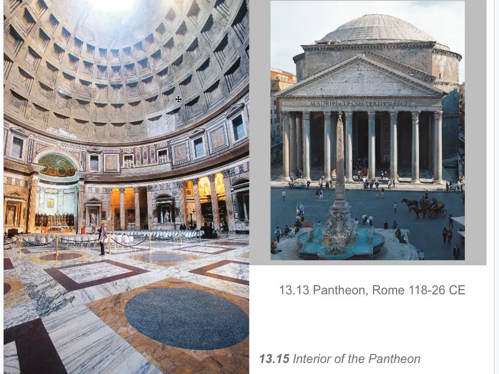The ceiling is coffered, ornamented with recessed rectangles, and as I told you, coffers lessen the weight, only about 2 feet thick at its highest point. The dome increases dramatically in thickness towards the base as a series of step rings appear on the outer surface. The rings add weight to the base of the dome and increase its stability. At the very top, the dome has an opening of 29 feet in diameter at the oculus, thought to be symbolic of the eye of heaven. This opening provides the sole